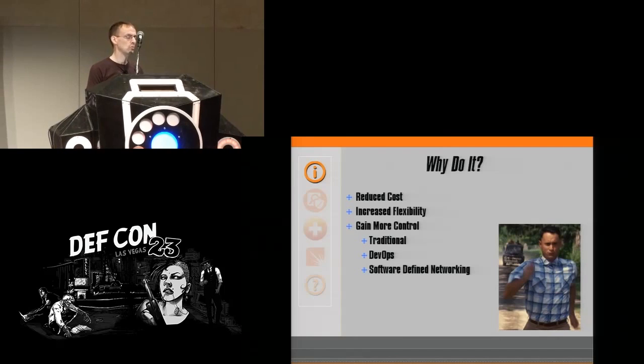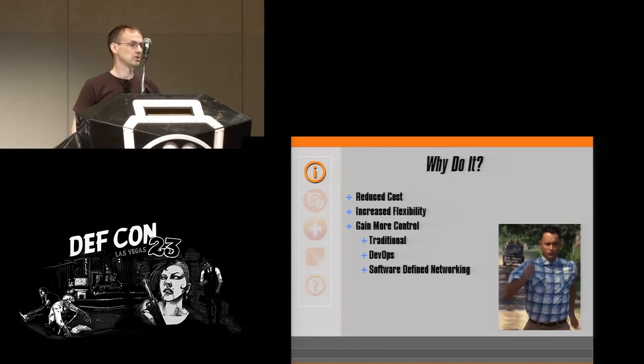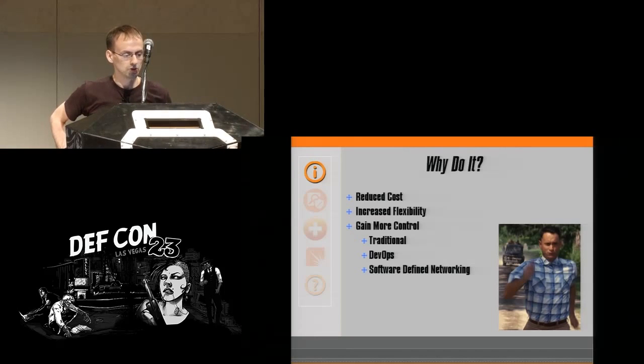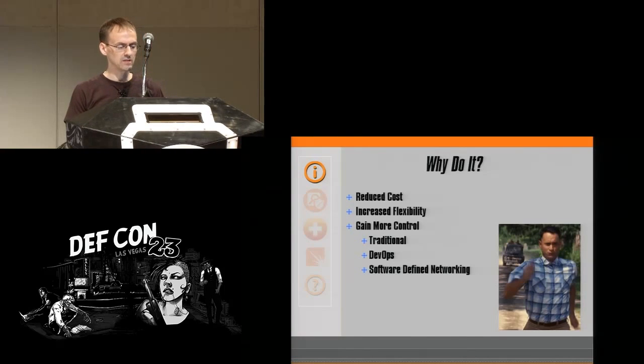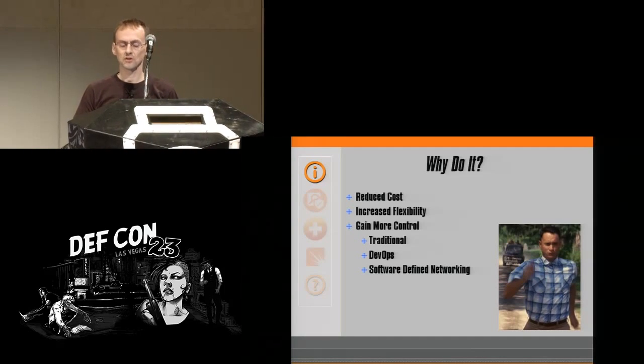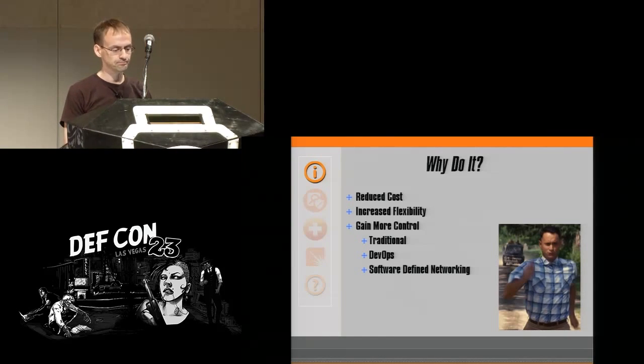Of course, the question is, why do it? Why are we moving in this direction? Well, it's the same reason why they're implementing software-defined networking: reducing the cost, increasing the flexibility, looking, of course, to gain more control. You can gain the control through traditional means. You can actually remote to a white box Ethernet switch with SSH. You can issue commands to define the switch, to configure the network, just like you would a regular, traditional switch. You can also script for management purposes, or you can load an agent on it, like Puppet or Chef, to make it part of DevOps,